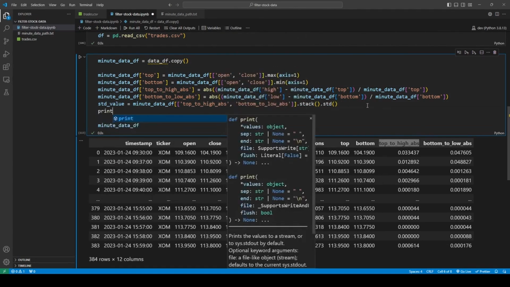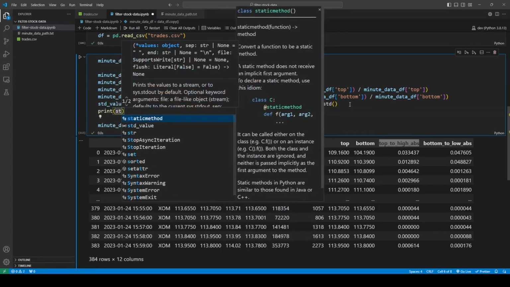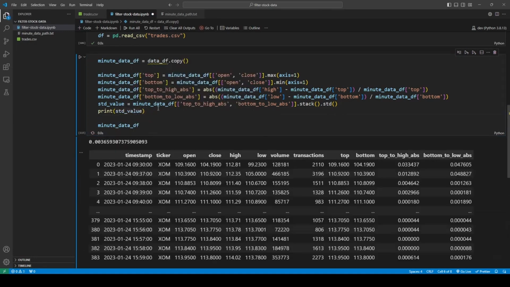And let's print it. Yeah, let's just print it. Std value. Oops. So we get 0.003, which is good. And then we want to take this number and divide it by the standard deviation